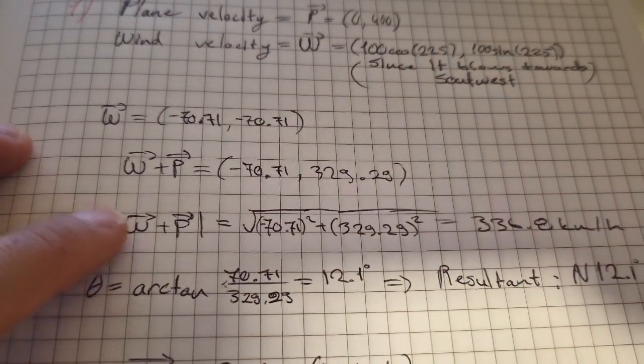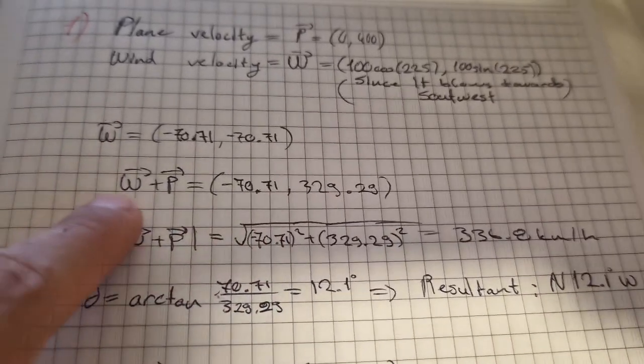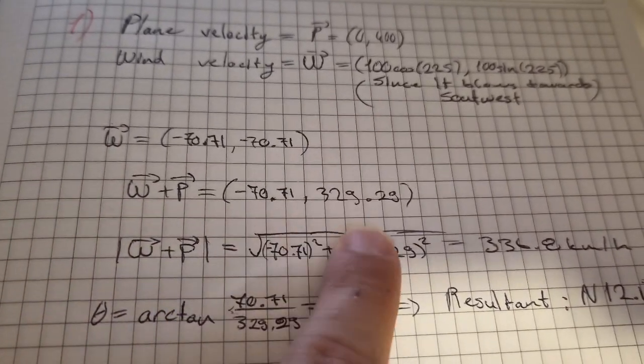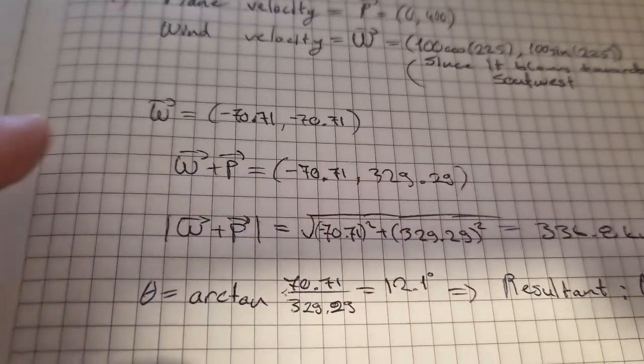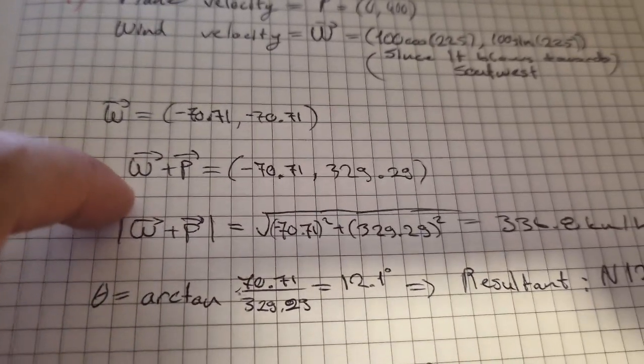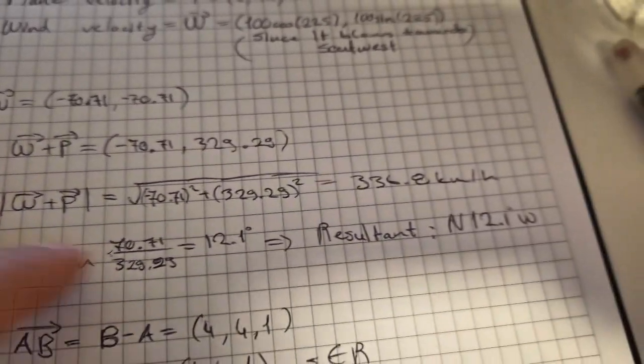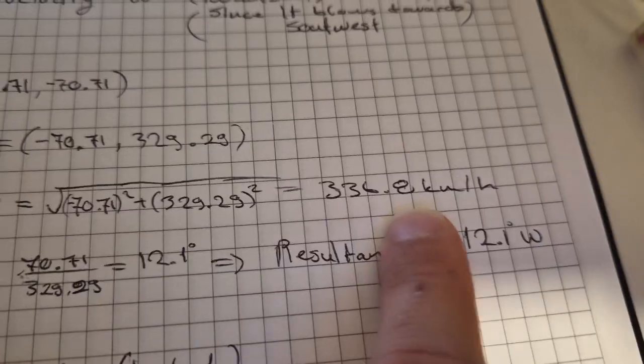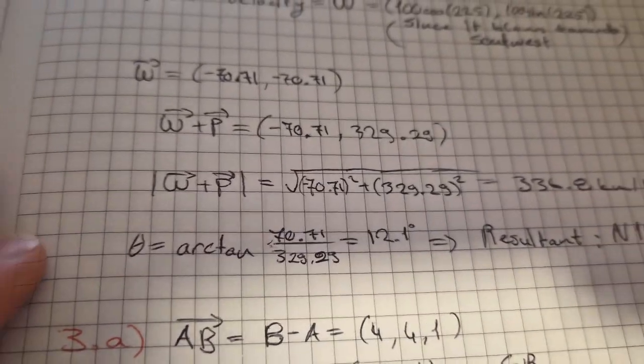Then to find the magnitude of both of these velocities, we add them up, and this is the result we get. And to find the